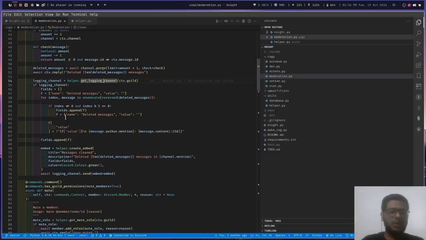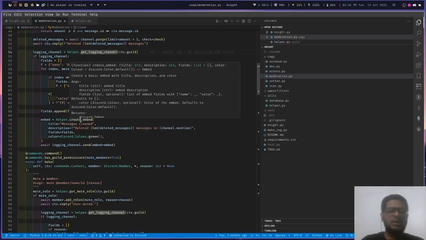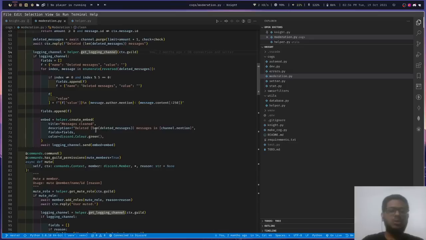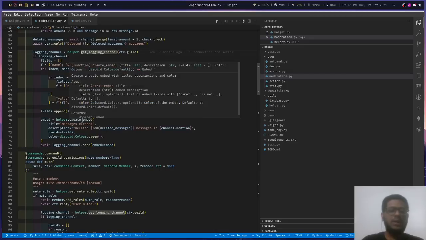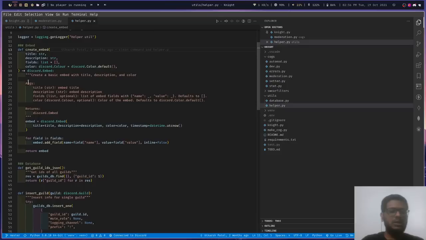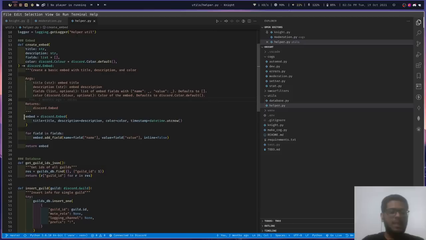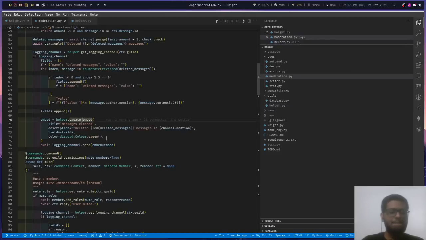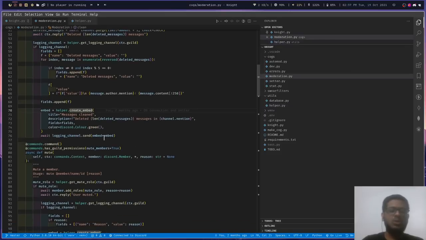Further, I have also created a helper function to create the embed, in which we can pass all the necessary fields for the embed. As we can see in the documentation I wrote, these are the required parameters. From these parameters, we will create an embed attachment and return the embed object. After that, we will send it to the logging channel.